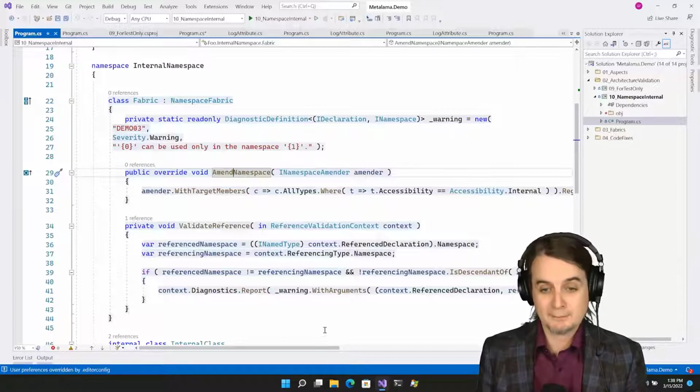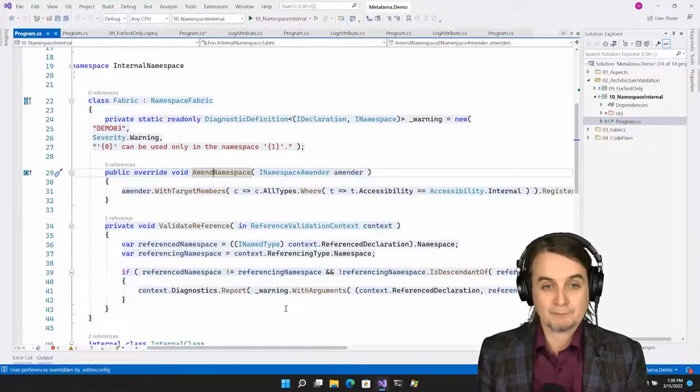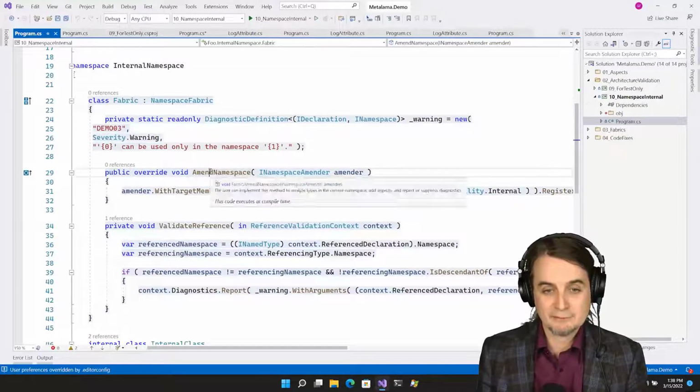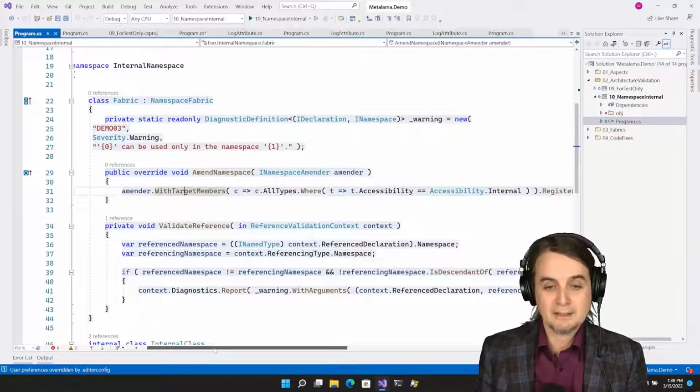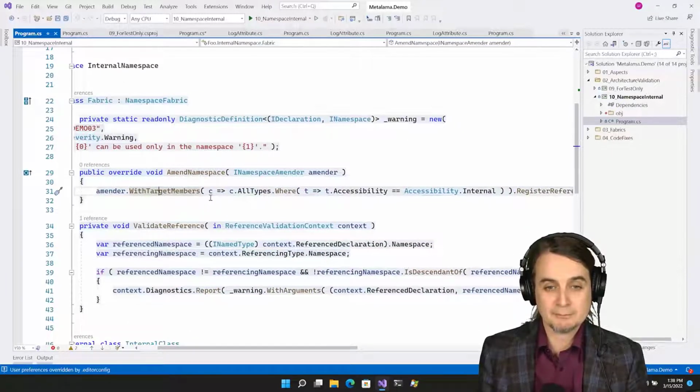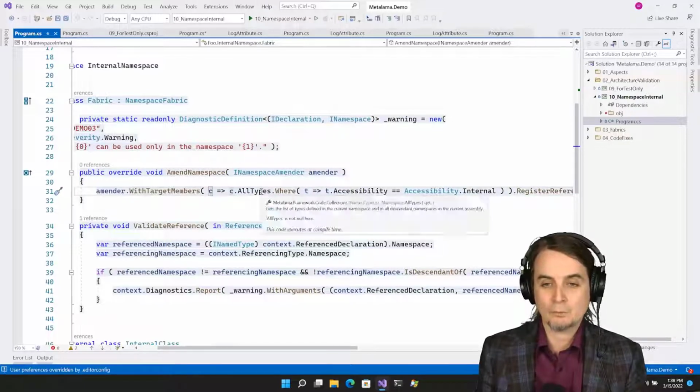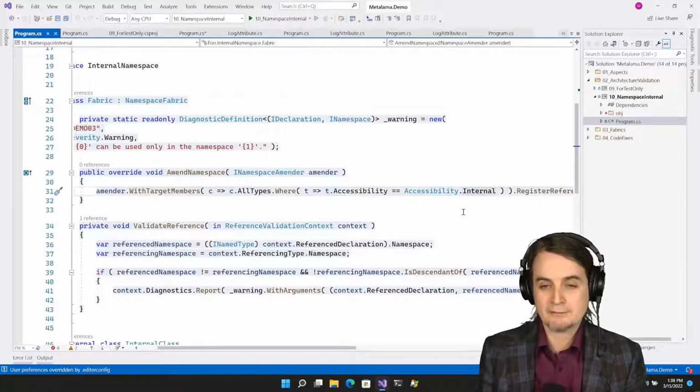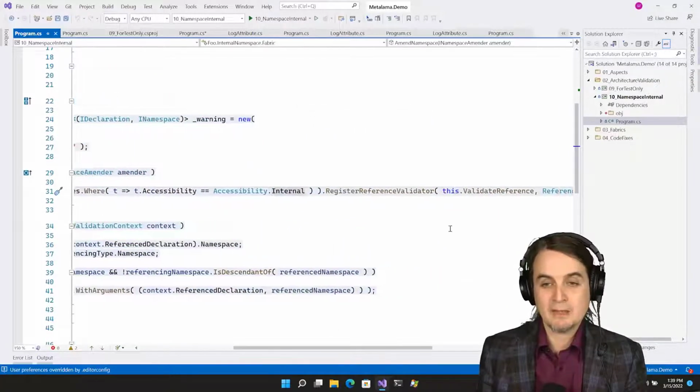So how to implement that constraint? I have a fabric, I have the entry point of the fabric, and here I call with target members, and here I'm choosing all types, but all internal types within that namespace, and I register the reference validator.